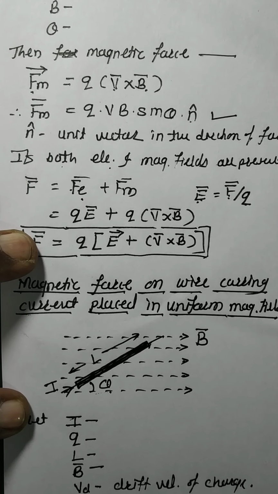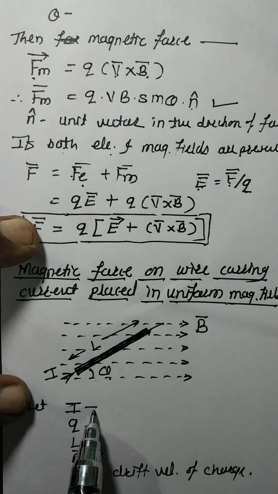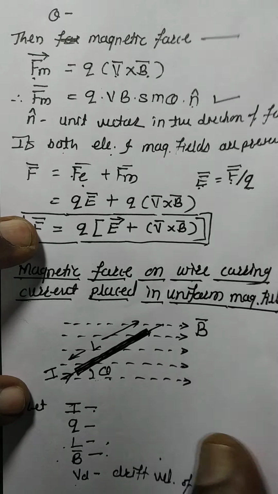What terms have we got? I is the current flowing through the wire, Q the magnitude of charge flowing through the wire, L the length of wire in the uniform magnetic field, B the magnitude of the uniform magnetic field, and VD the drift velocity. Then